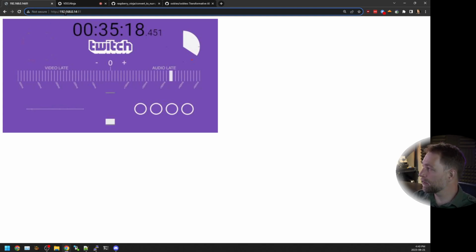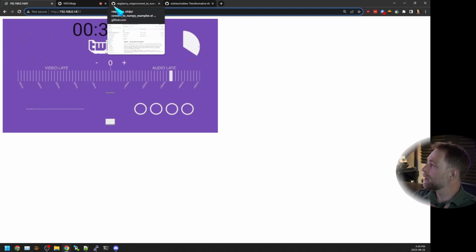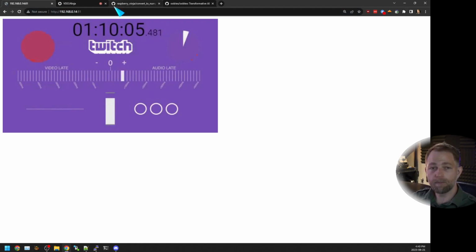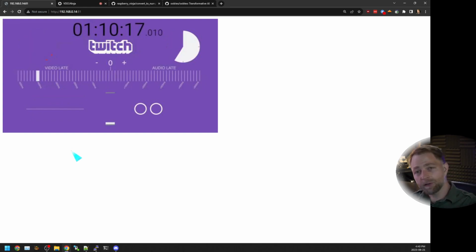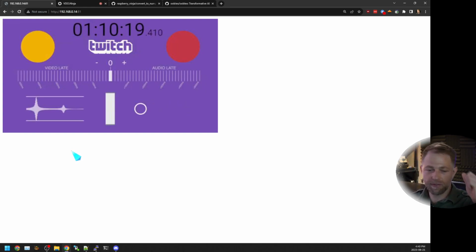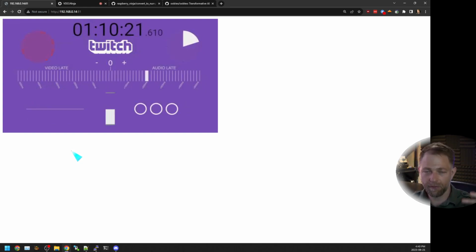We type in the URL of the device. In this case, it's the Orange Pi at port 81, IP address 14, and we run it. And now it triggers the stream to start streaming in. And as long as it doesn't lose a network connection, it will update the frame here whenever it's processed and ready automatically. Because we use these asynchronous events, or these like promise events and UDP triggers and emits and things like that,